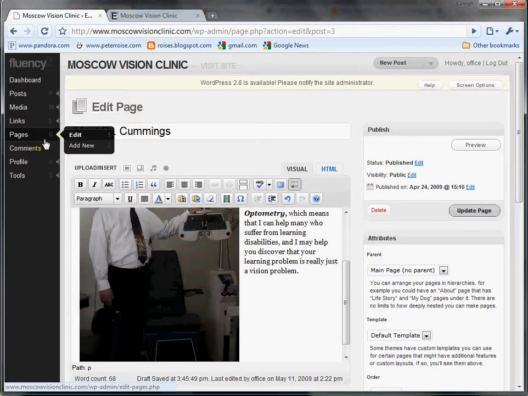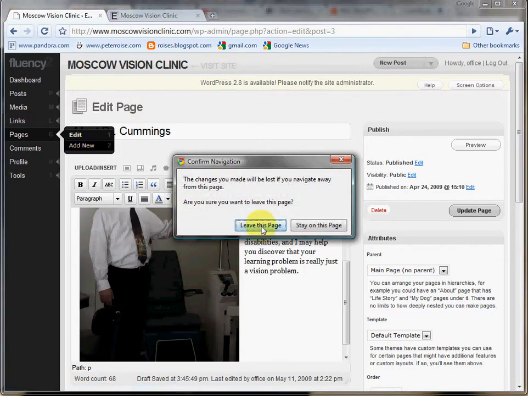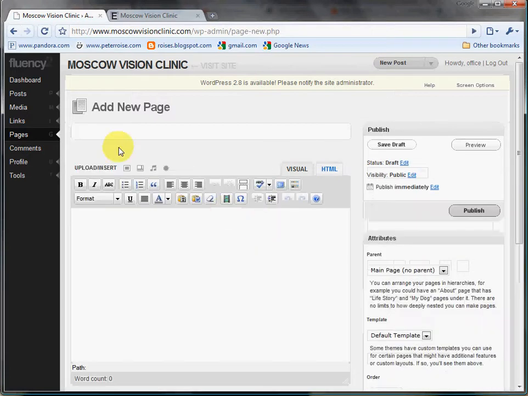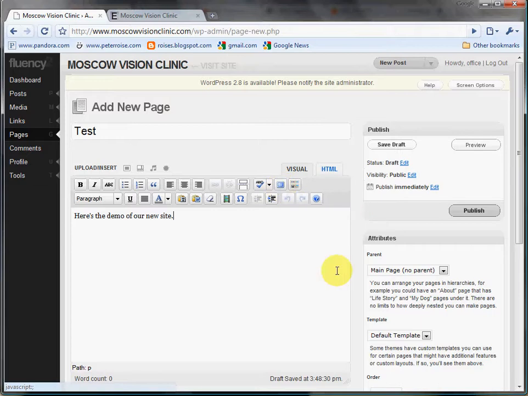If we created a new page, let's go ahead and do that. We're going to add a new page. We're going to leave this page because we don't really want to use it anymore. We're going to name this page test. And we're going to go down here and put some text in and say, here's the demo of our new site. There we go. And then we can go in here and we can publish it, or let's make it a